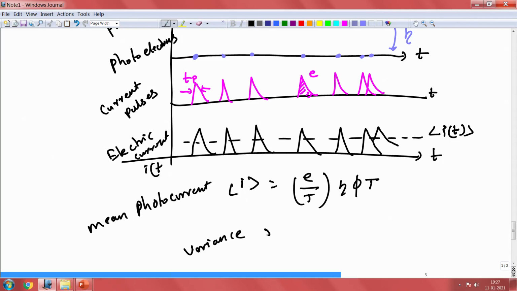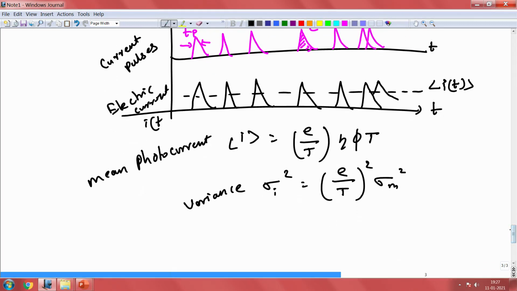The variance that you have is E over T the whole square is sigma m square. All right. So, this is how one could characterize your mean photocurrent coming from varying photon flux and also your